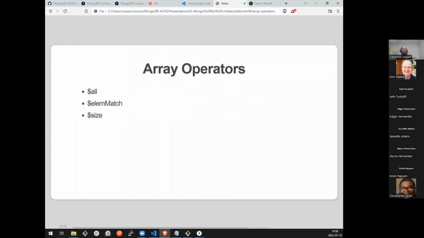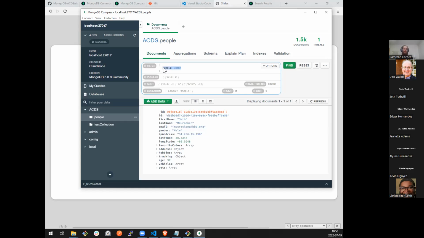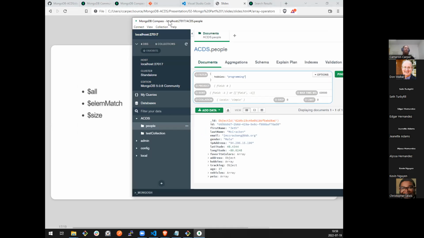All right, array operators, this will be really fast. First of all, when I say array operators, it means I know I'm going to be working against an array. Earlier, when we said something like hobbies, programming, this could be searching an array for this string, or it could be finding a property that simply contains a string named programming. It works either way. When we're dealing with these operators, we are specifically always working with arrays. Someone asked about finding the size of our array earlier. Size will get that for us.